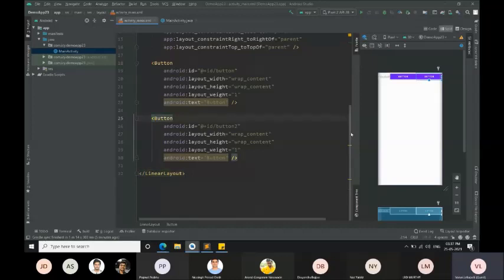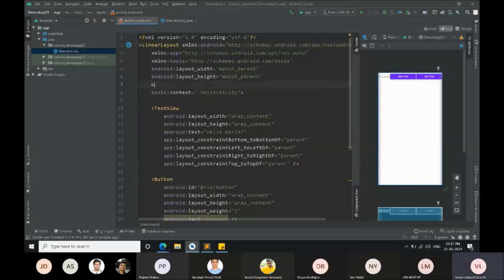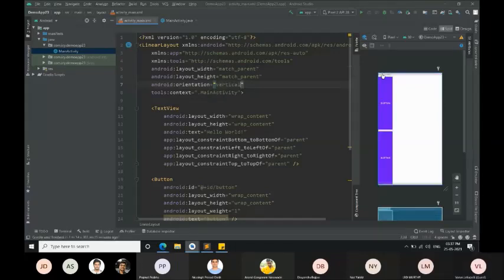Now, if you see this linear layout, we don't need to understand the XML files, just drag and drop. But if you see, this is the root linear layout, which is containing this text view and buttons. I'm just giving some orientation for this. Just look now. I'm giving it as vertical. So immediately after I gave the orientation as vertical, all the components came one by one. If I give this orientation as horizontal, they will come one after the other, side by side. If I give vertical, they will come one after other, like down, like this it will come.